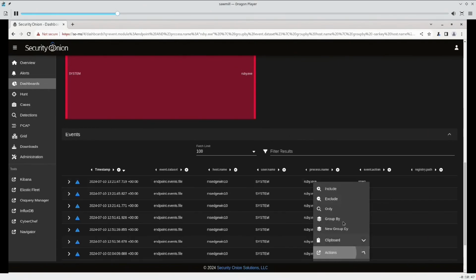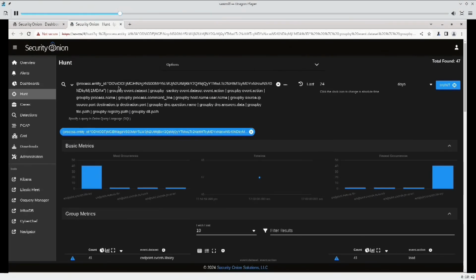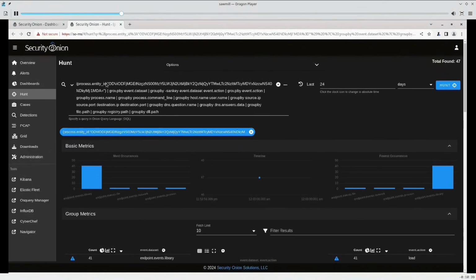Now, for processes, I've also got some really interesting hierarchy data here. This is the process entity ID, which is a GUID that's assigned by Windows and then picked up as part of the telemetry. This does not mean the executable name. This does not mean the executable on the machine. This means this particular process. So this time that this executable was executed on this machine gets this GUID. If I pivot on that,